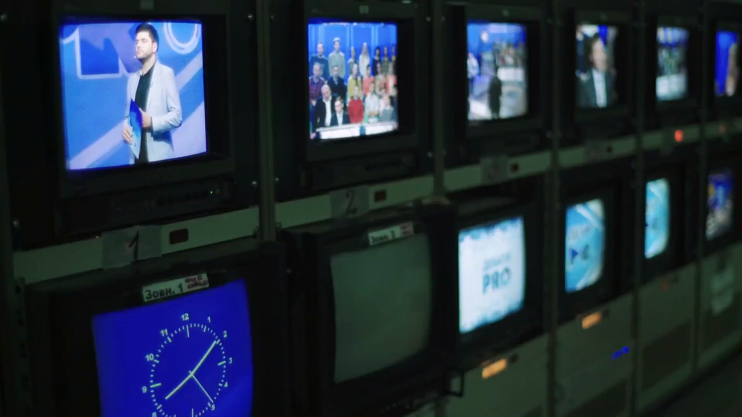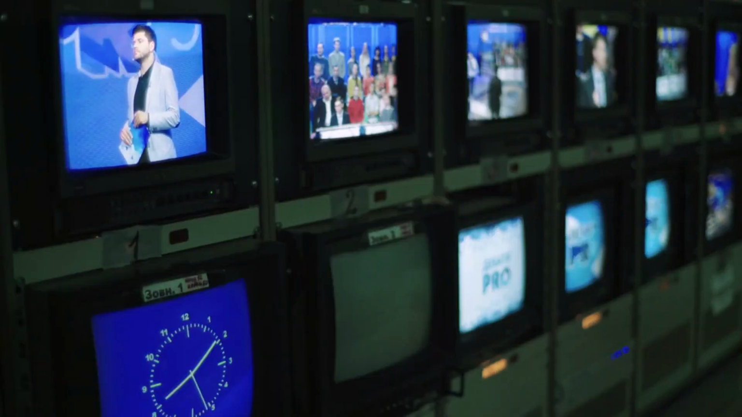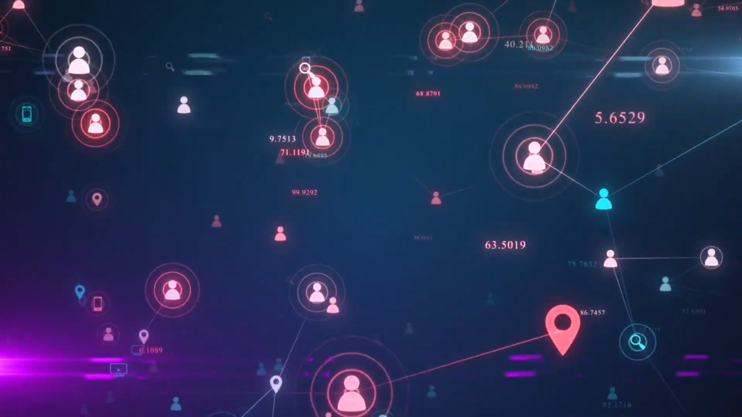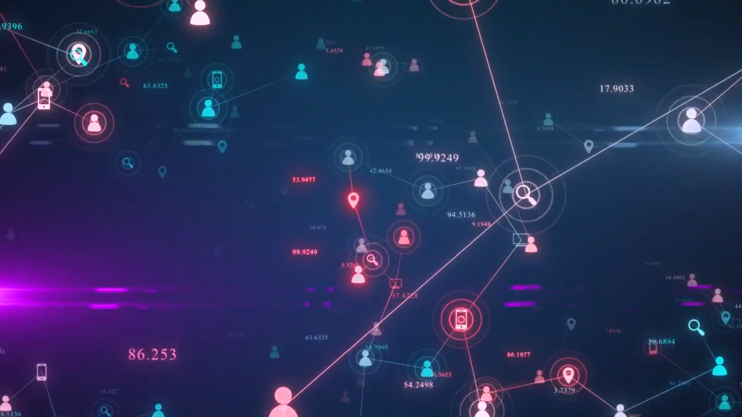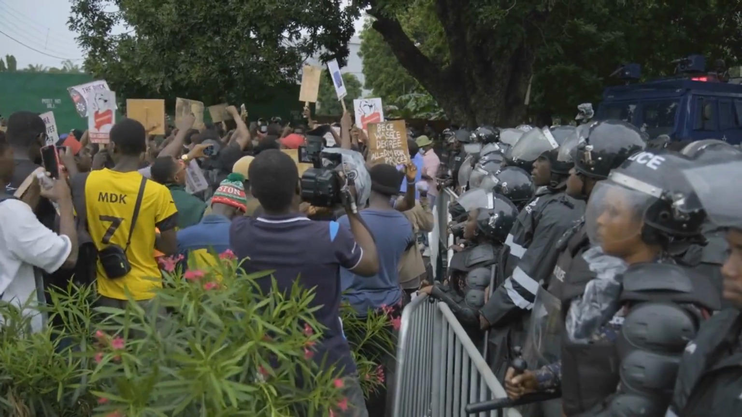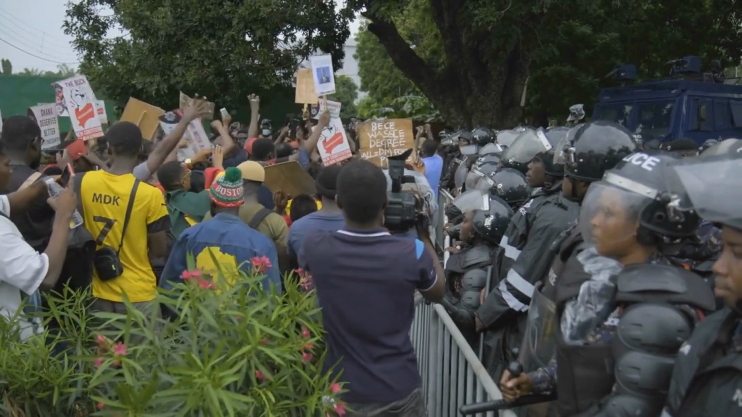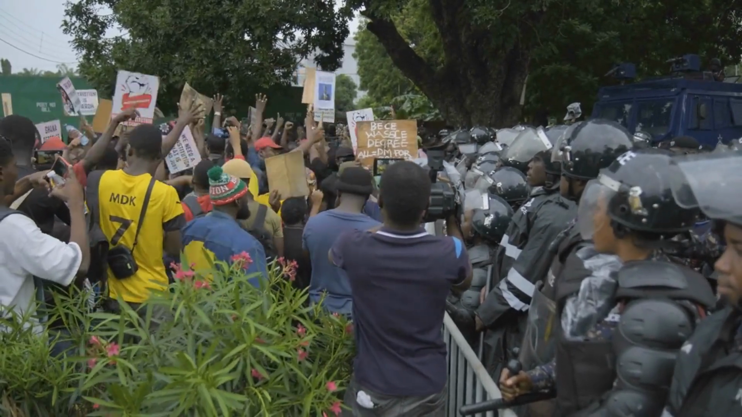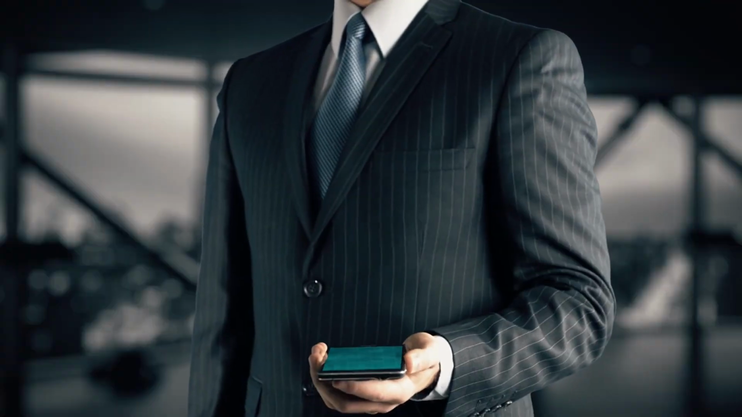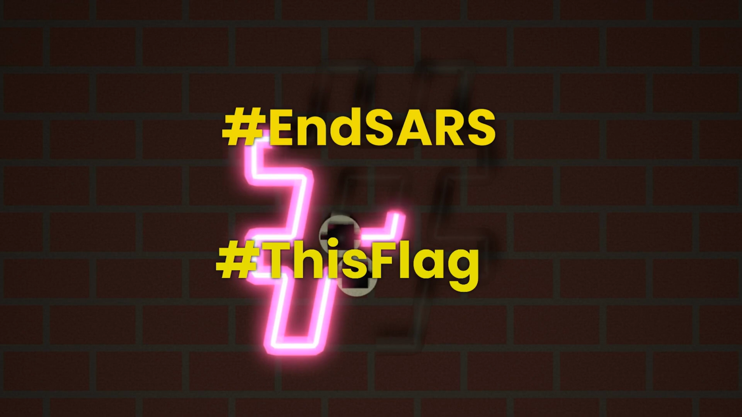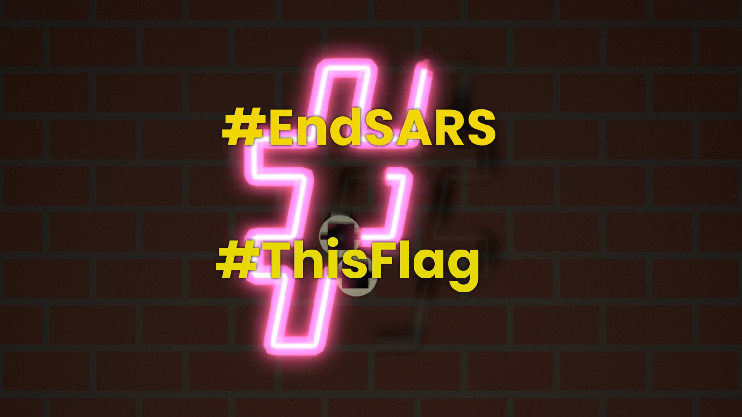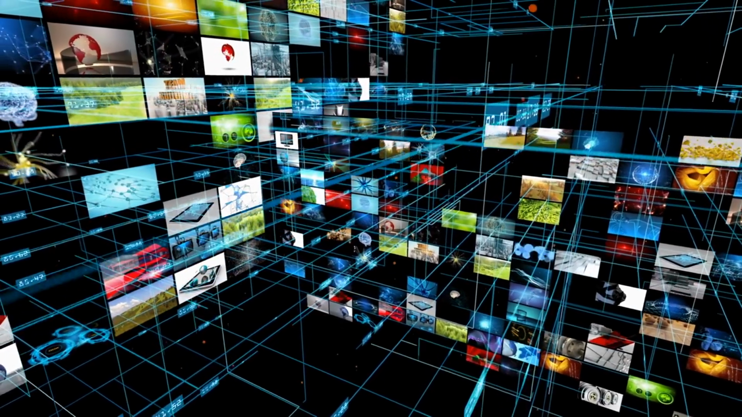Let's take a moment to highlight the importance of media and technology in modern African democracies. The advent of social media platforms has revolutionized political participation and mobilization. In countries like Nigeria, Egypt, and Zimbabwe, social media has been used to organize protests, share information, and hold leaders accountable. The hashtag movements like #EndSARS in Nigeria and #ThisFlag in Zimbabwe have demonstrated the power of digital activism in